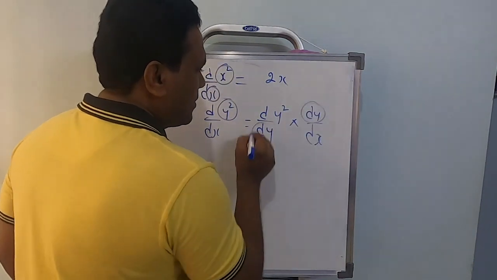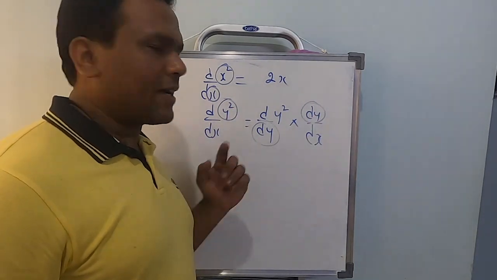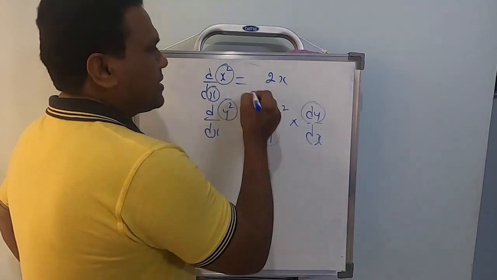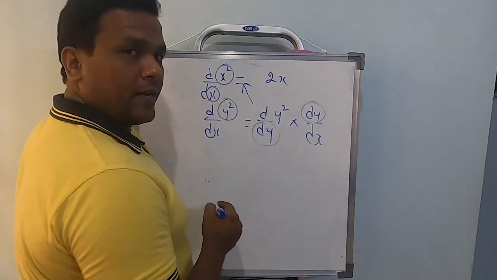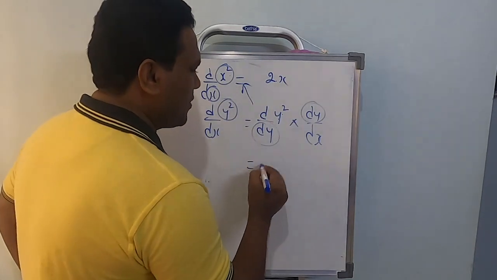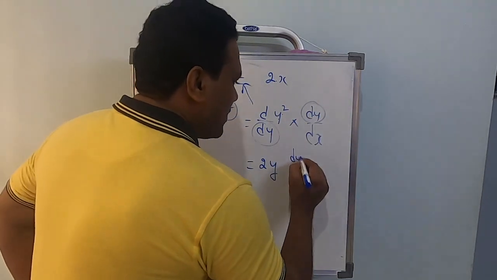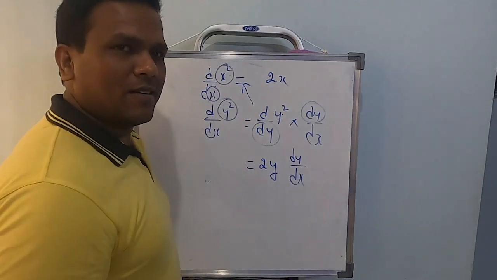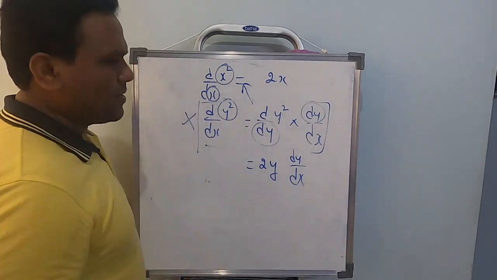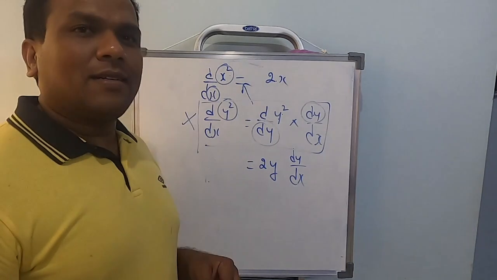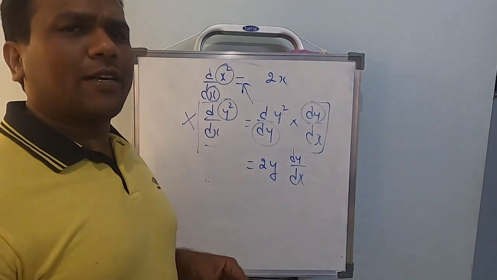what I did here: for this I multiply and divide by dy. Correct, right? And now observe, it is just similar to what I have written here. If differentiation of x square with respect to x is 2x, differentiation of y square with respect to y will be 2y. And now that is multiplied by dy by dx. But I suggest not to practice this method every time. Instead, let us learn how to write directly.